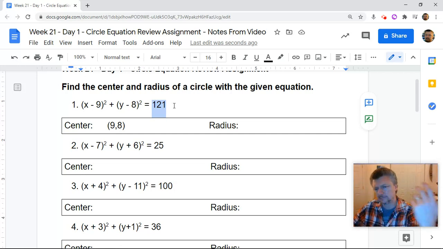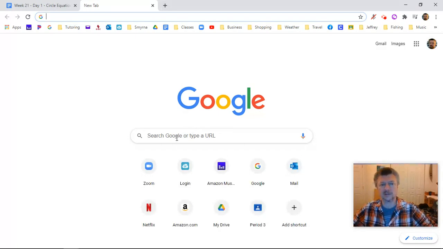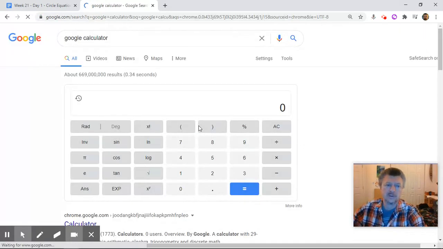So what number squared is 121? For example, 5 squared is 5 times 5, which is 25. But what number times itself is 121? Well, if you don't know, you can go to the old calculator. Let's get a Google calculator going here. Now we've got the square root on here somewhere. Here it is. Square root